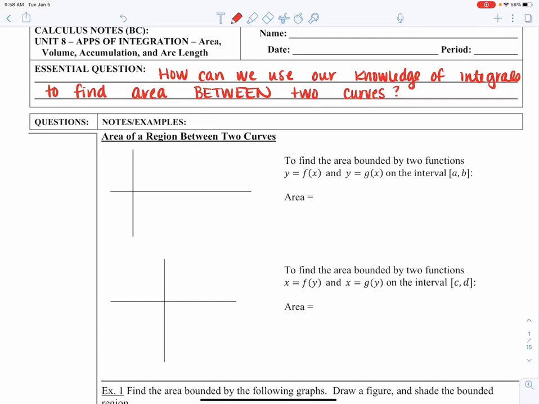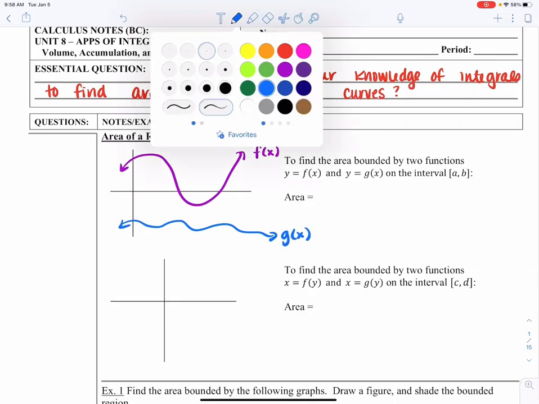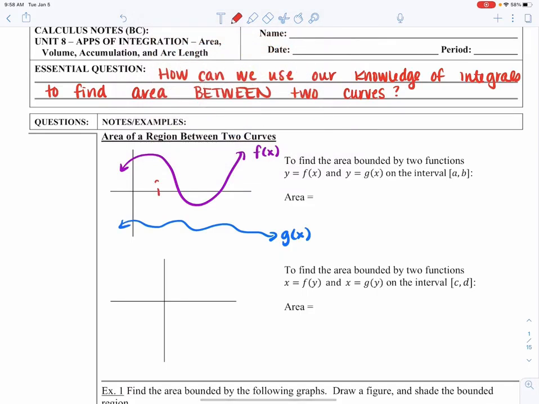Essential question is, how can we use our knowledge of integrals to find the area between two curves? So imagine that we have two functions. Let's call this one f of x, and let's call this one g of x. And if I wanted to bound this area from, say, A to B and find the area between them,